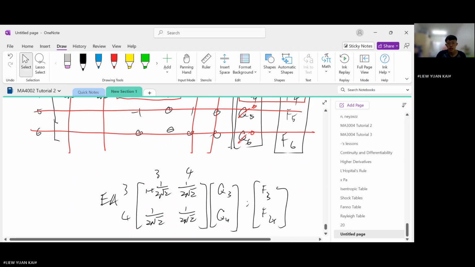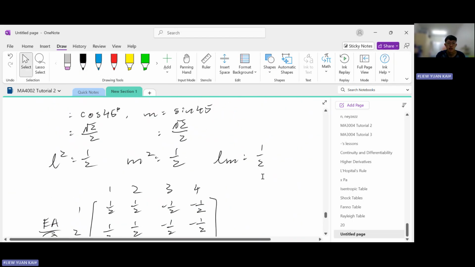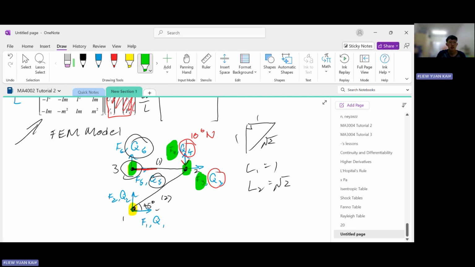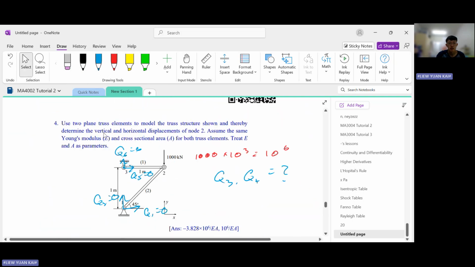Okay, we actually know the forces acting, we actually know the forces F3 and F4. So what is F3 and F4? F3 and F4, okay, so I'm talking about this, F3 and F4, are the forces, the horizontal and the vertical force acting on node 2. Do we know them? The answer is yes, right? You see what the question says? They say they apply